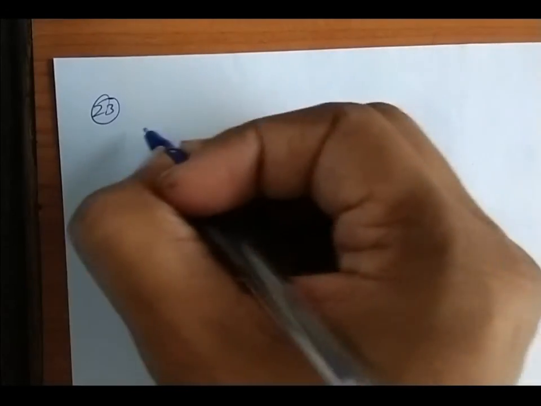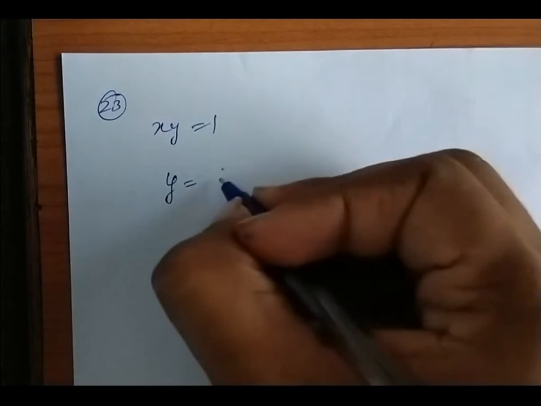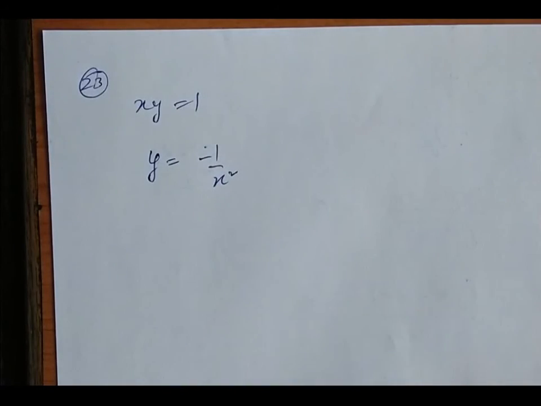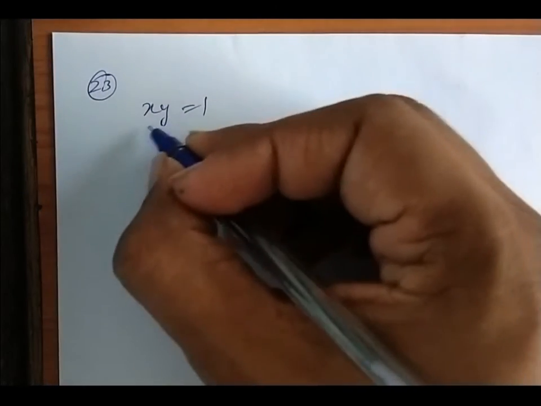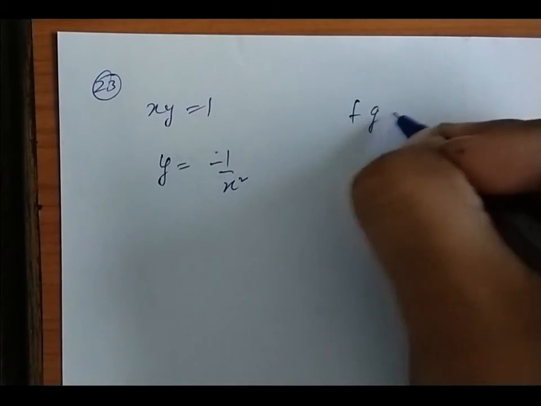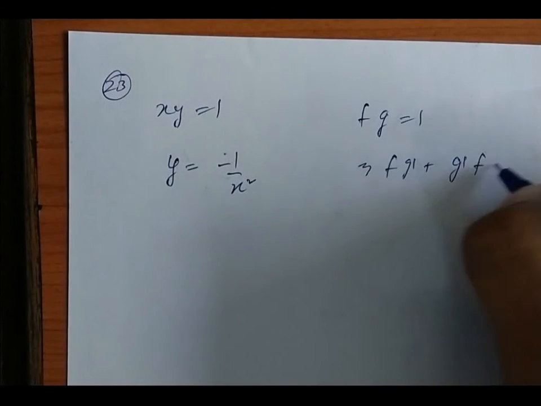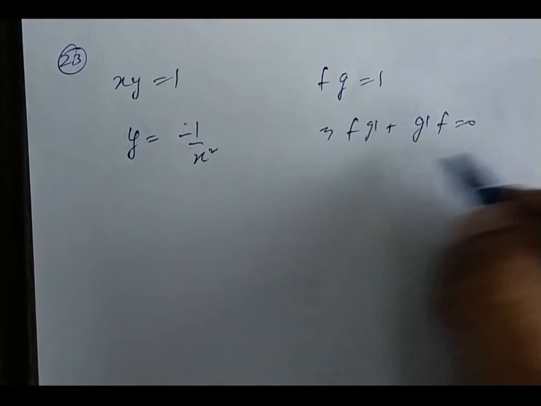So let's calculate xy is equal to 1. So y is equal to minus 1 by x square. Also, if we write this, we can say fg is equal to 1. This implies fg dash plus g dash f equal to 0. And if we differentiate this again, we can get